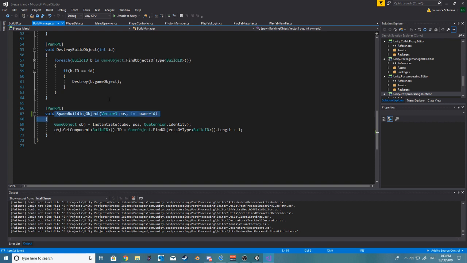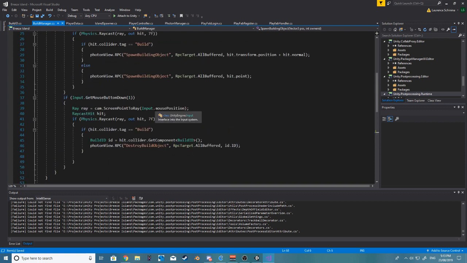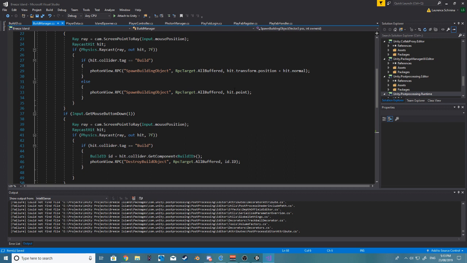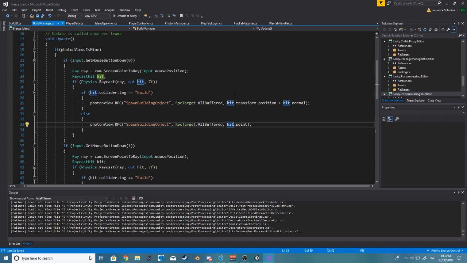Now when we call a spawn building object, which is up here, okay. So we want to actually make a new set of parameters like this, and we should be able to